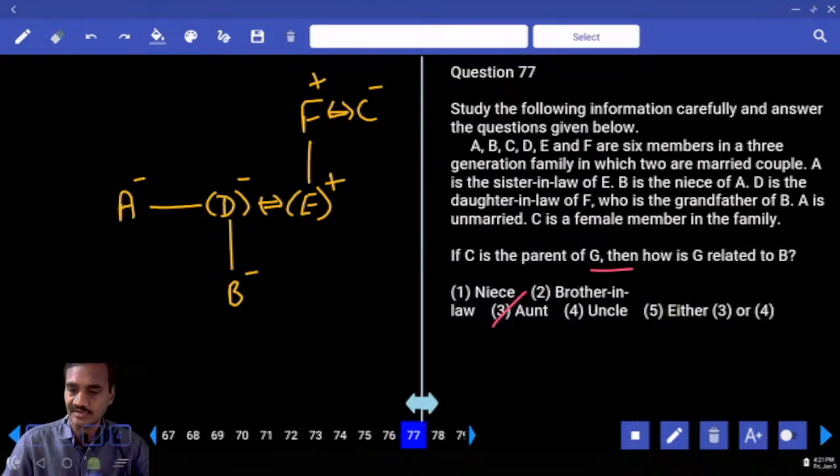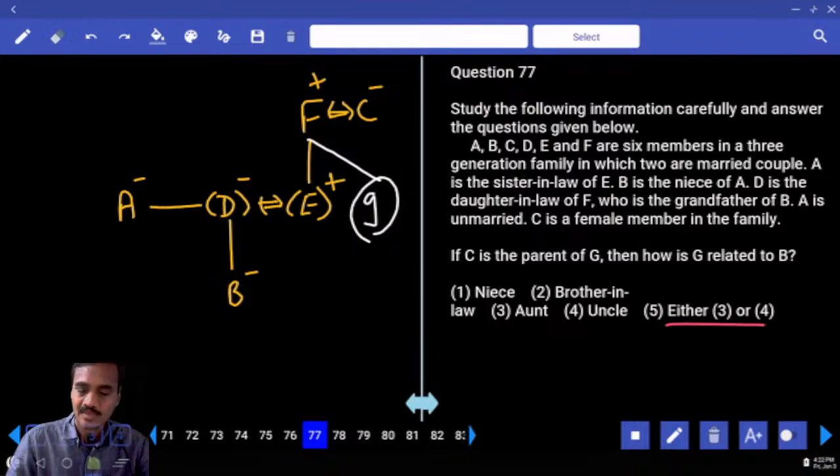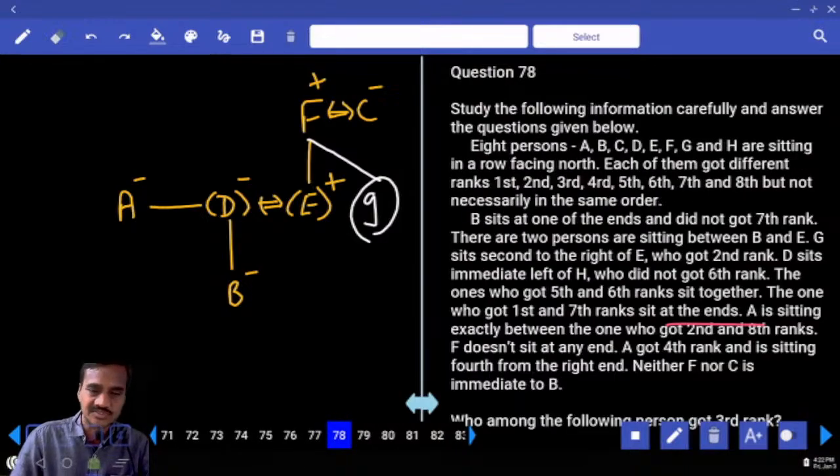Then 77, and if C is the parent of G, that means there is one more child called G. Then how is G related to B? Now G related to B, the gender of G is not known. If G is a male, uncle, if G is a female, aunt, uncle or aunt, either 3 or 4, choice 5, 77. Then 78 onwards. Now in this 78, there are 8 persons seated in a row, facing towards north,